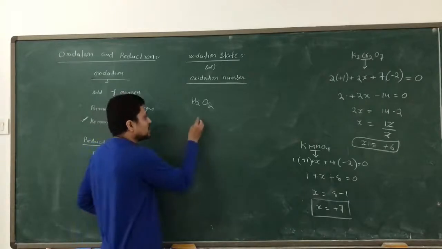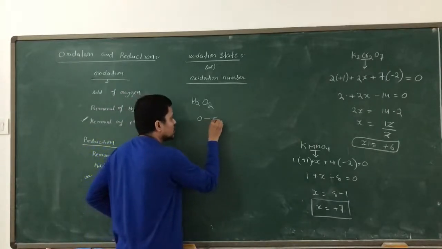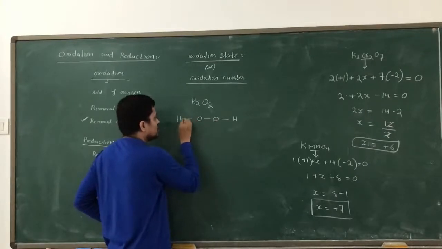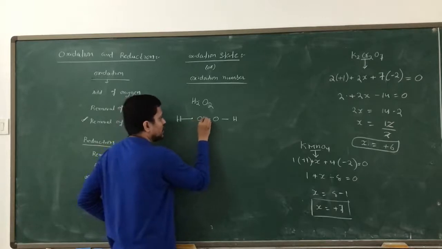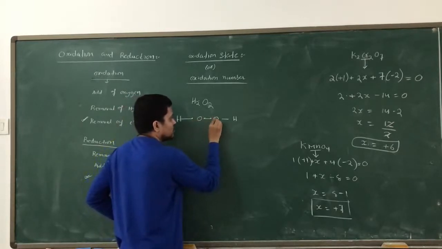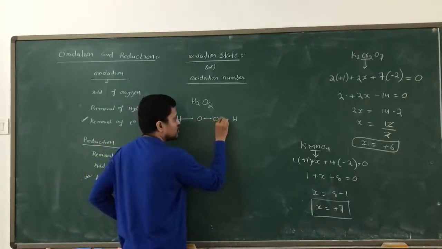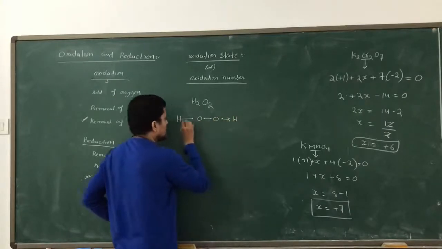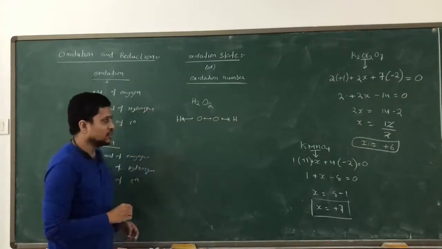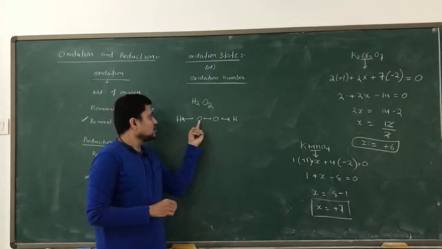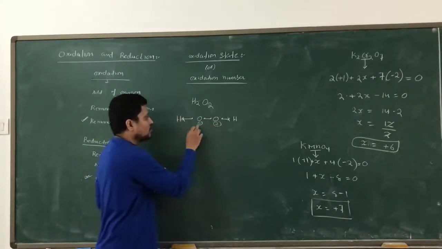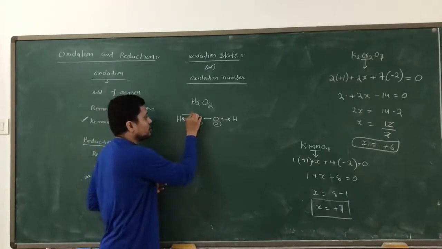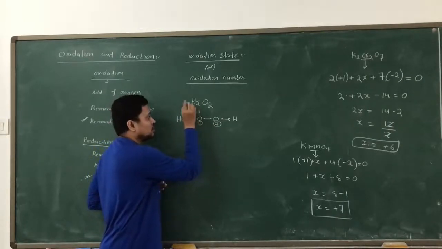Because in this compound the structure is like this: oxygen, hydrogen. Now these are the 2 oxygens we have. 1 electron of oxygen, another electron of oxygen. Second electron of this oxygen, 1 electron, second electron of this oxygen. And 2 hydrogen electrons we have here. Now see, this oxygen, I say oxygen number 1, oxygen number 2. Oxygen number 1 is taking 1 electron from hydrogen. After taking 1 electron, it becomes -1.